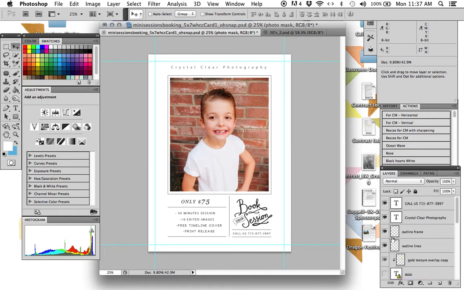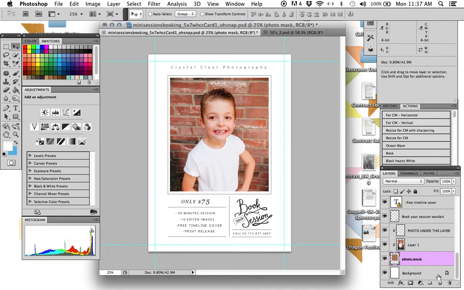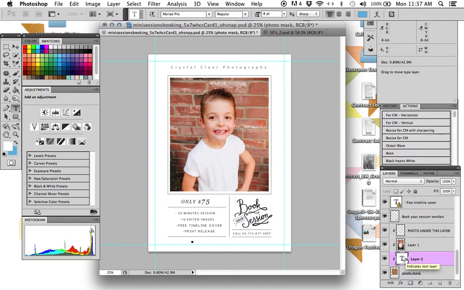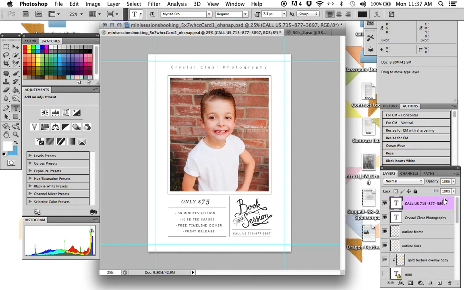So let's say you wanted to add something down here. Okay. So if you want to just add something, let's say you wanted to add text. You can click on the T. You can put it right here, and it just made its own layer, but we don't want that there, so we're going to delete that. Let's bring it back up to the top. So bring it to the top, put in your text,